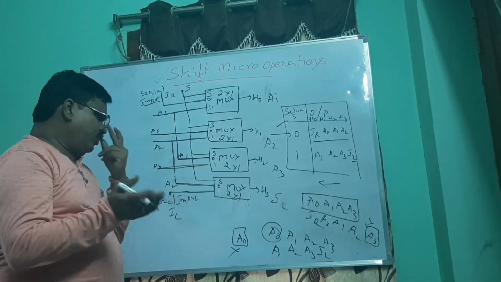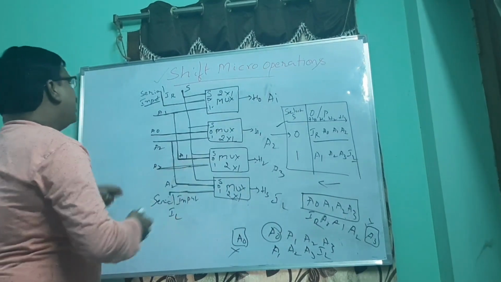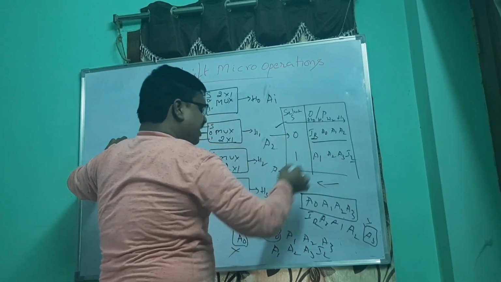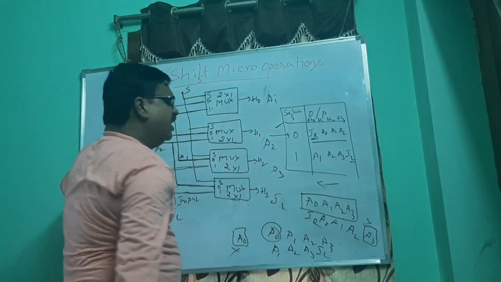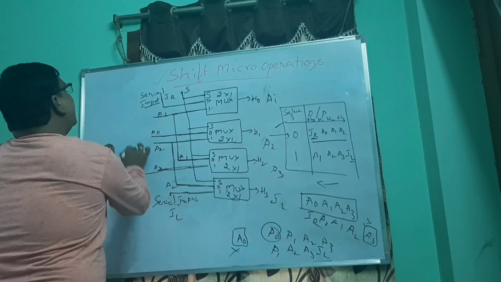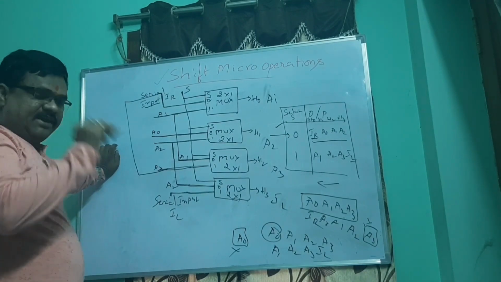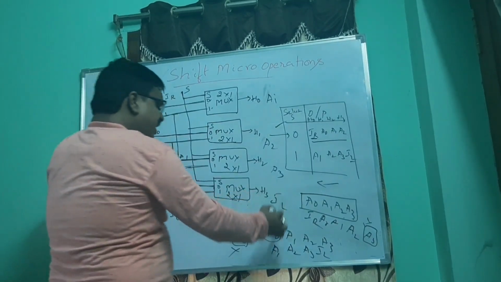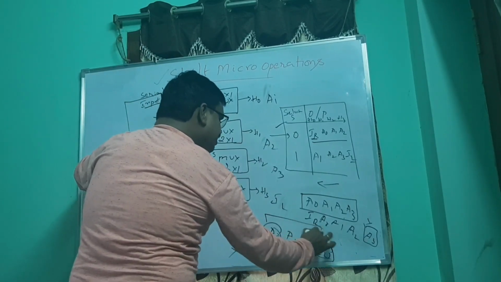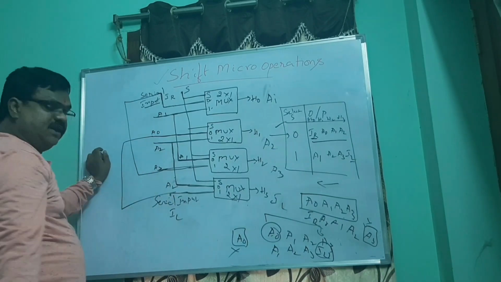So that is the normal shift. Now you can ask me, sir, if it is circular, what is the difference? Wherever IR is there, we need to have the A3 value. So IR is there, no? Whatever A3 is, that will be given as the connection for IR. In the same way, here in this case, IN will be A0. So whatever the A0 is here, that will be connected to IN.